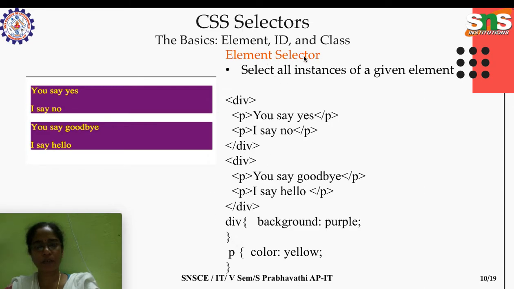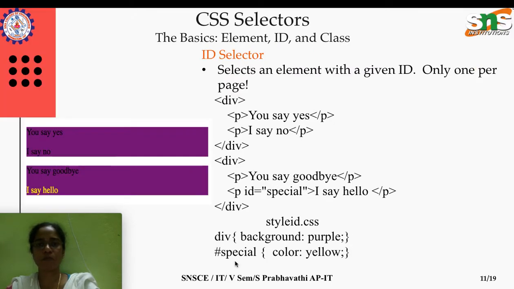This is the element selector. Element selector means one HTML element, and this is the way of defining the syntax for HTML elements. Now moving on to the ID selector. As I told you, with an ID you can give a style specifically to a single element. The same program is repeated here with one change in the second div: the paragraph ID is equal to special. This paragraph element has an ID equal to a name we can give within double quotes. I am giving it as special, and the core concept behind this is that I am going to style only this paragraph.